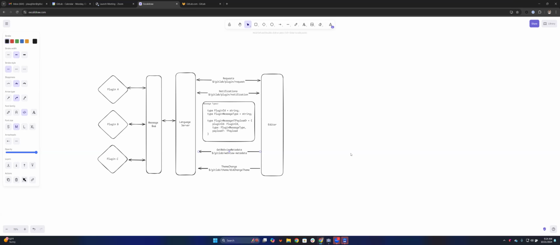It's not designed as a singleton, because you could technically say each plugin has its own message bus if you wanted to, but right now, yes, they all travel through the same message bus. So this means that